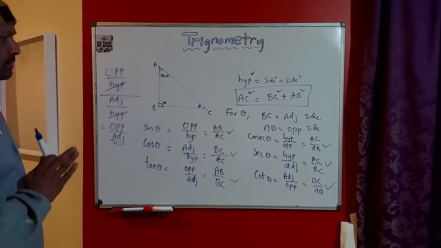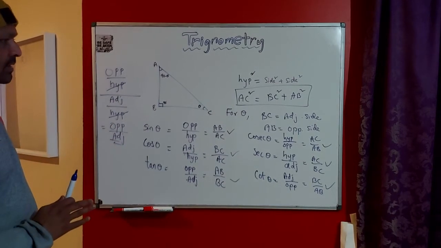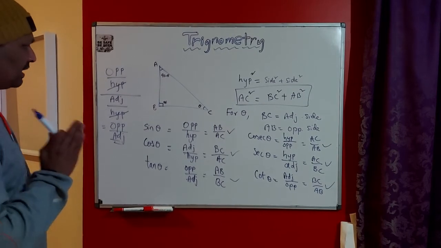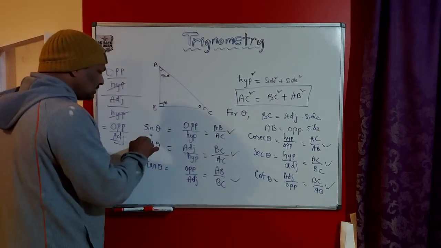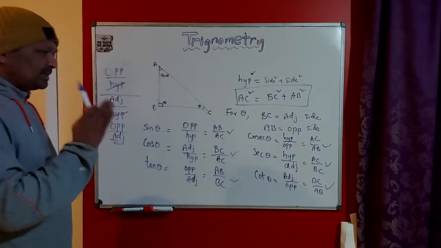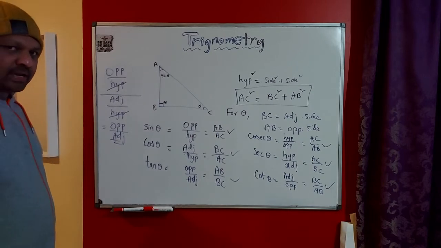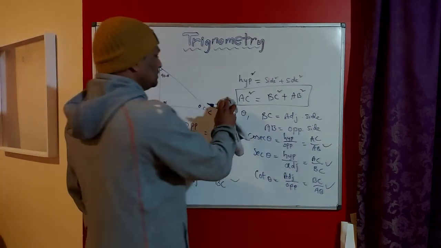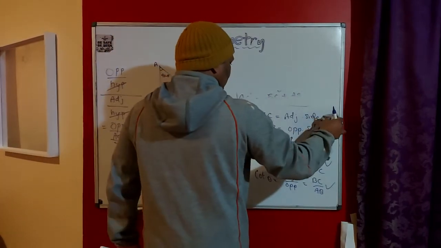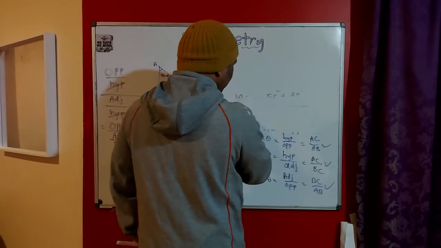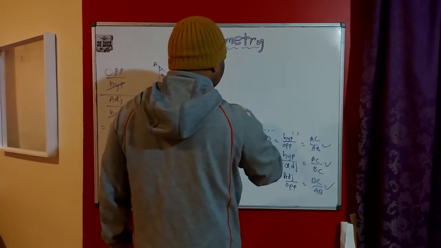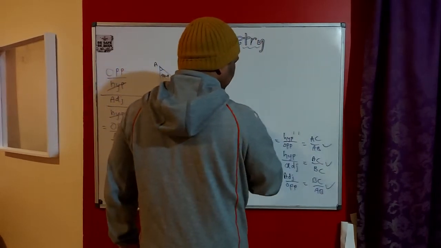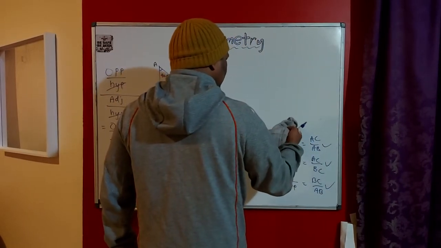Considering these ratios, we can draw a table where we learn the value of the sine ratio for standard degrees. What are those standard degrees? I will tell you. Theta can be any degree, like 1 degree, 2 degree, 5 degree, 10 degree, 20 degrees, 25 degrees. It can be anything.